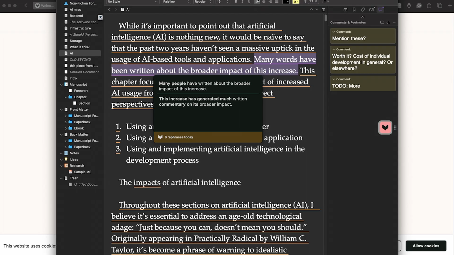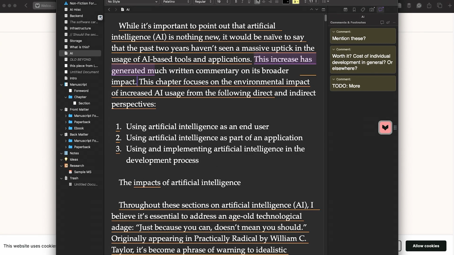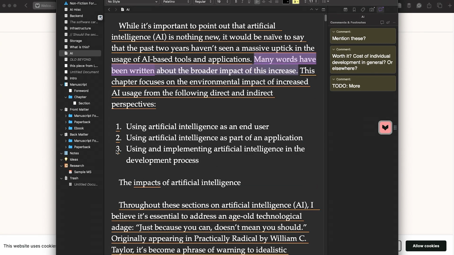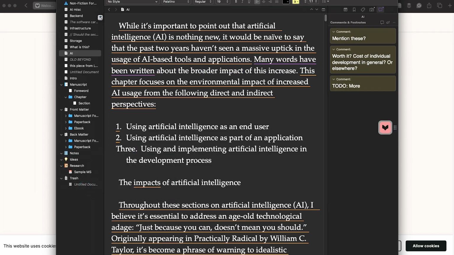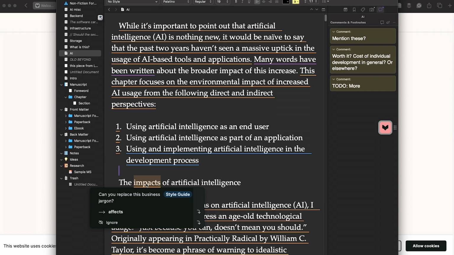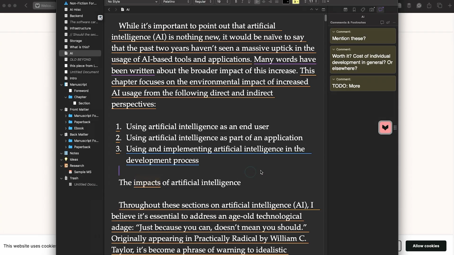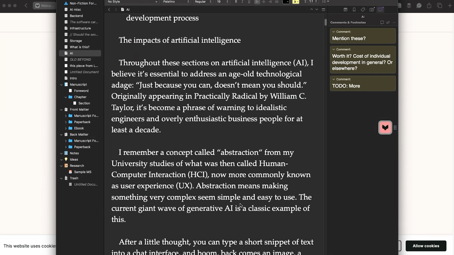And I guess I can now just paste it in. What else have we got? So this is doing the numbers. This is not strictly correct in this situation, but we get the idea. I'm assuming this wants it to be, can you replace this business jargon? See, it's not business jargon, technically speaking, in this article, but I guess I didn't really say it wasn't, but